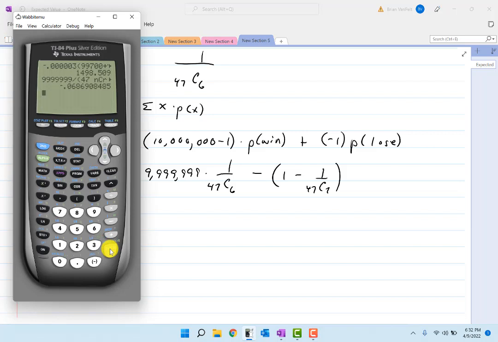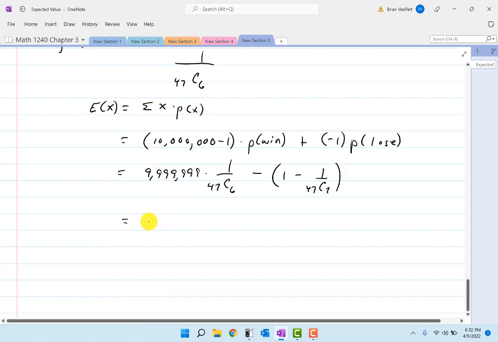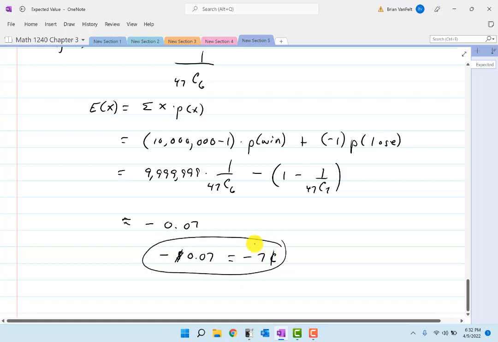So we see about negative 0.07. We'll convert it to dollars and cents. So on average, you expect to lose about 7 cents every time you play the lottery. Let's write this, -7. One way to write 7 cents is this way. Another way to write -7 cents is just this, and then put the symbol. So either one of those is a correct way of writing the answer.